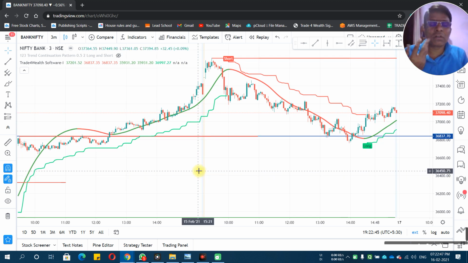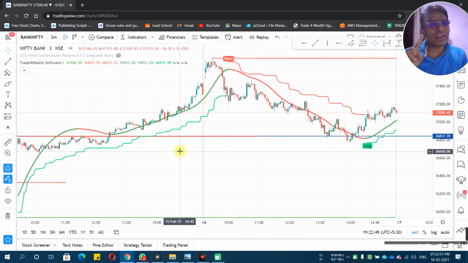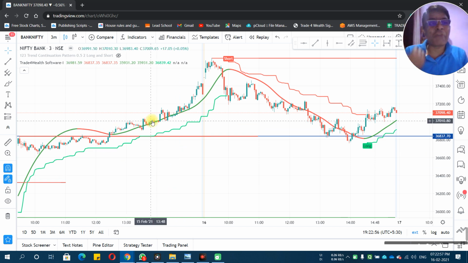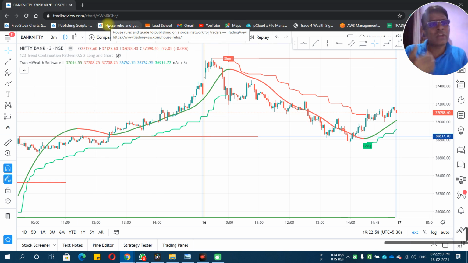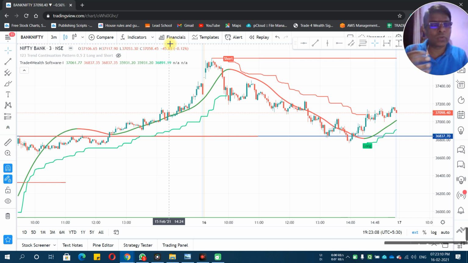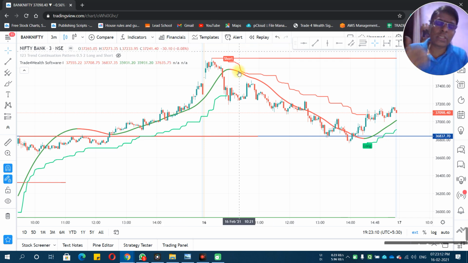I will give the 3 to 4 basic points about the software. First thing, this software one can use in 2 devices at a time, that is in mobile and also in the laptop. Since this is a web-based portal, you can use the TradingView platform app, also available in the Play Store, or in Google Chrome you can type tradingview.com, and by using your login ID and password you can use this software in mobile also. That is the first feature.